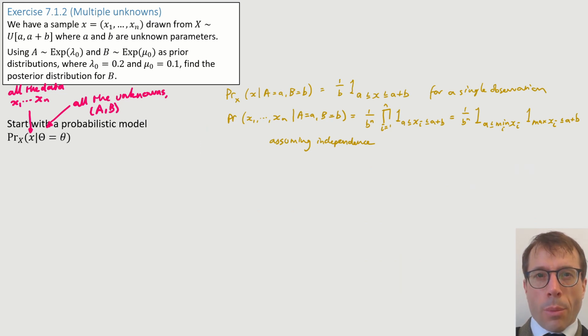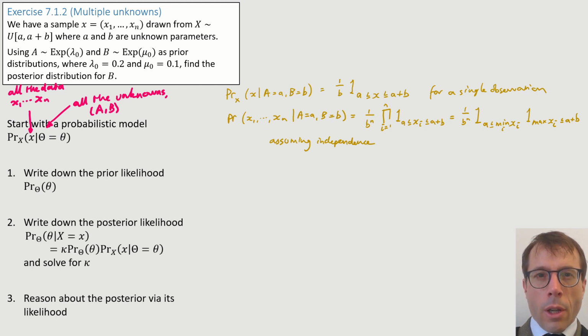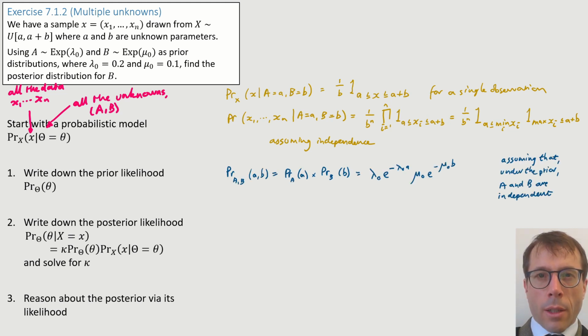Okay, the maths approach. Whether we're giving the computational answer or a maths answer, we start in exactly the same way with a likelihood function for the data little x. Now, here are the steps to follow. First step, write down the prior likelihood for theta, i.e. for the pair AB. The likelihood of a pair of random variables is just the product of the likelihood for each of them, assuming independence, which we shall do because the question doesn't tell us otherwise. And I just looked up Wikipedia to find the PDF for the distribution named here in the question, the exponential distribution.